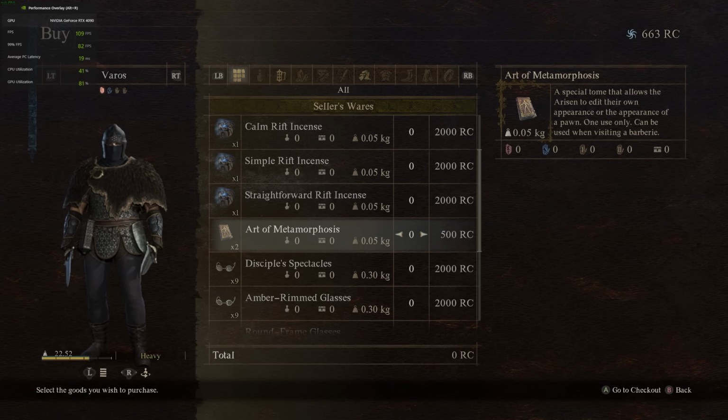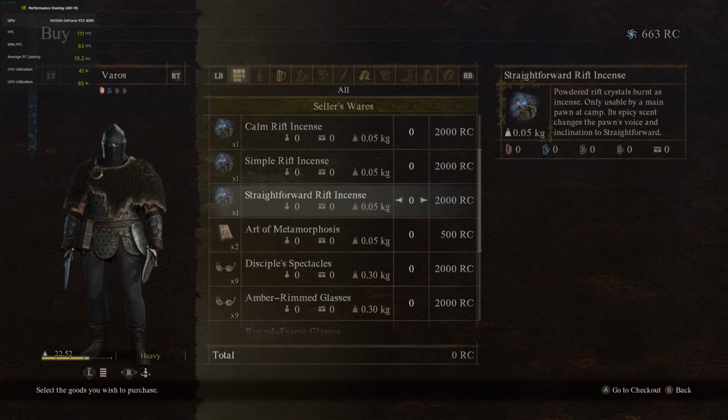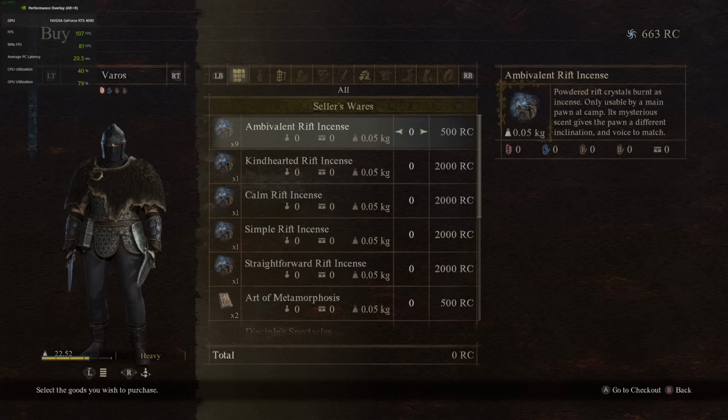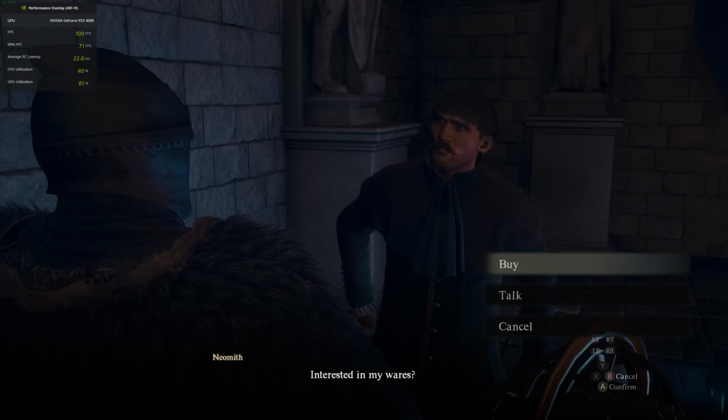So if you need to really reset your character that many times, sure, that is what it is, but I have 11 hours played in the game, as of the recording of this video. I have 663 RC, and I've used some of that RC to summon up pawns. I didn't know it was used for this. So it's way, way more than achievable to get all these things. And even further,